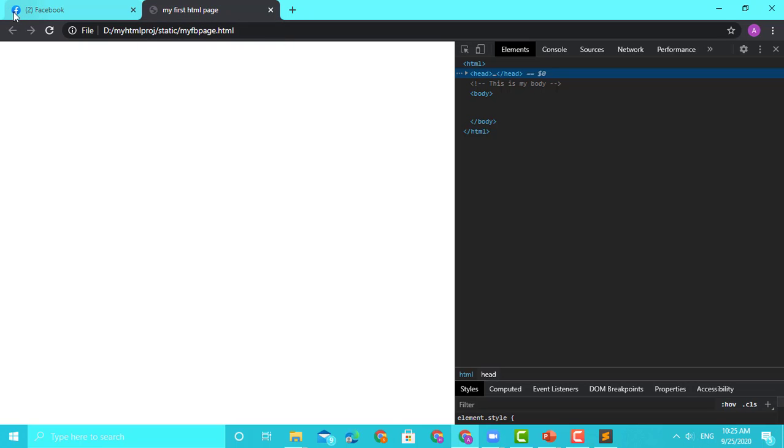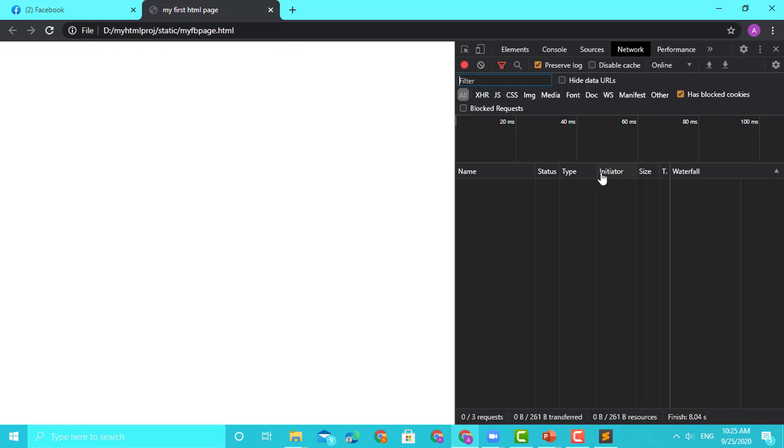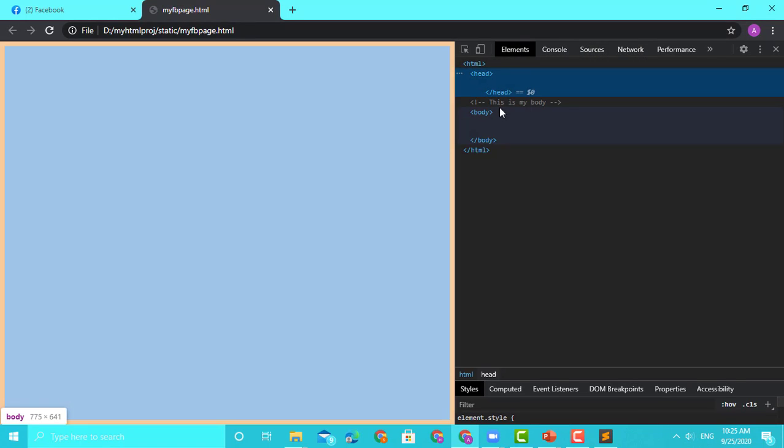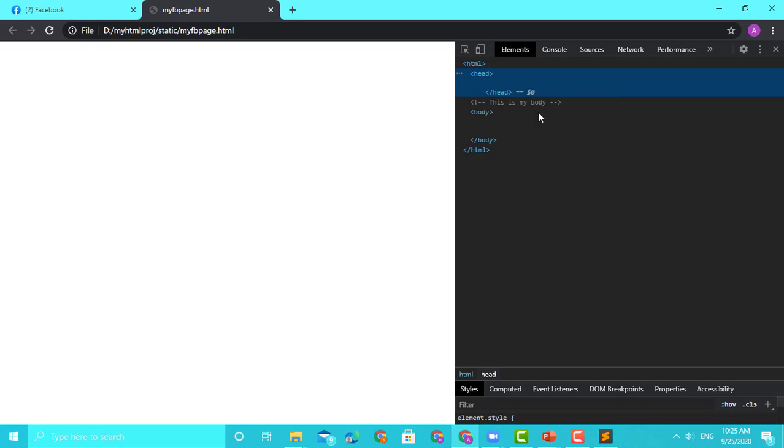Now Facebook gets an icon here, but I get something else. Why? Let me go to the network and refresh this page. Now the changes are gone, right? Because it is not updated. That's why we have to always update. The moment you refresh, it will go off. I'll tell you what has to be done. We will redo this, edit HTML, and I will put my title.